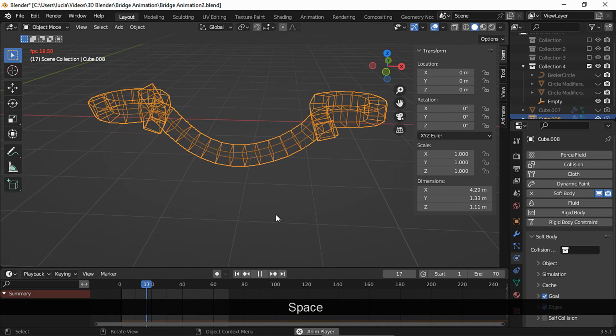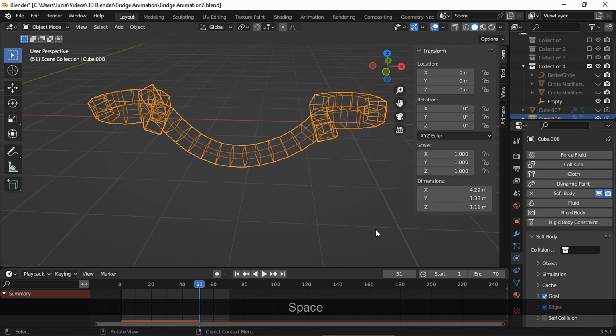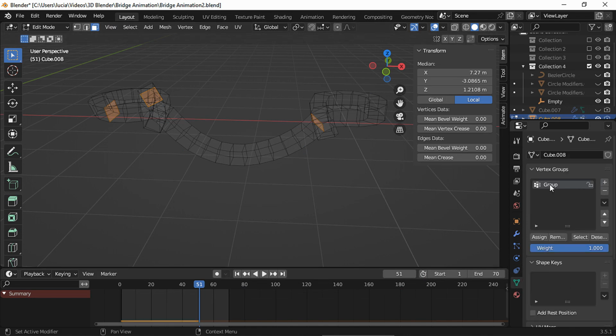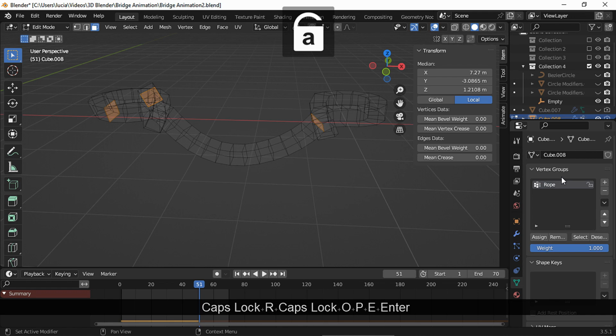Let's see. We need to create a vertex group and select the sides in Edit mode so the sides don't move.